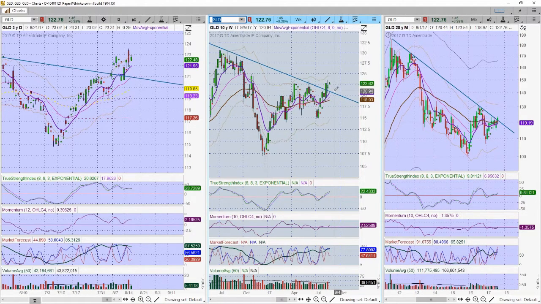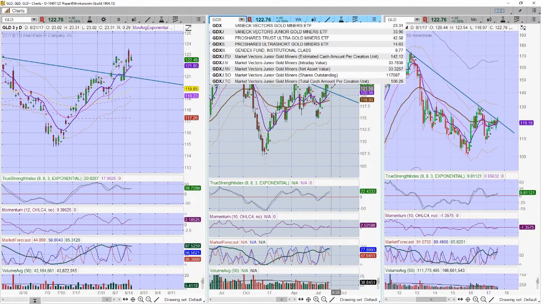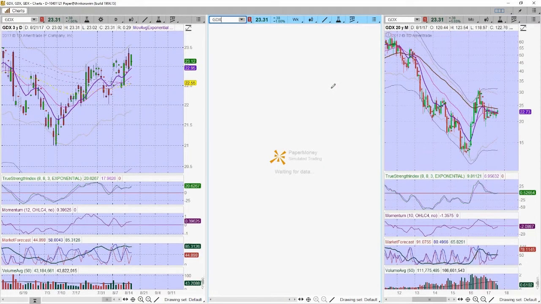Oftentimes it'll come back and kiss the trend goodbye. That's an old adage made up by the Warden brothers, those of you who ever watched TC 2000. So let's go to GDX. Here's a couple of ways to potentially trade this. GDX,